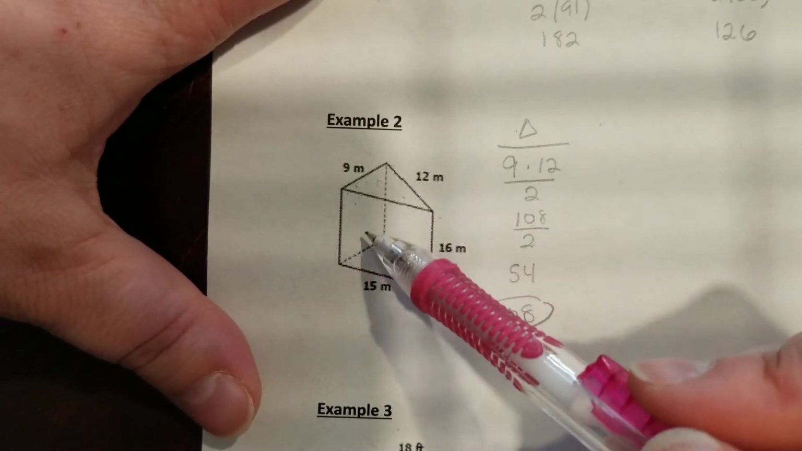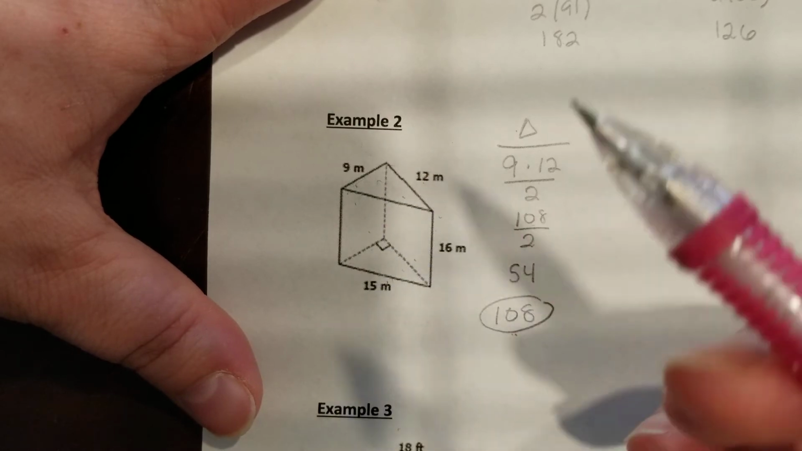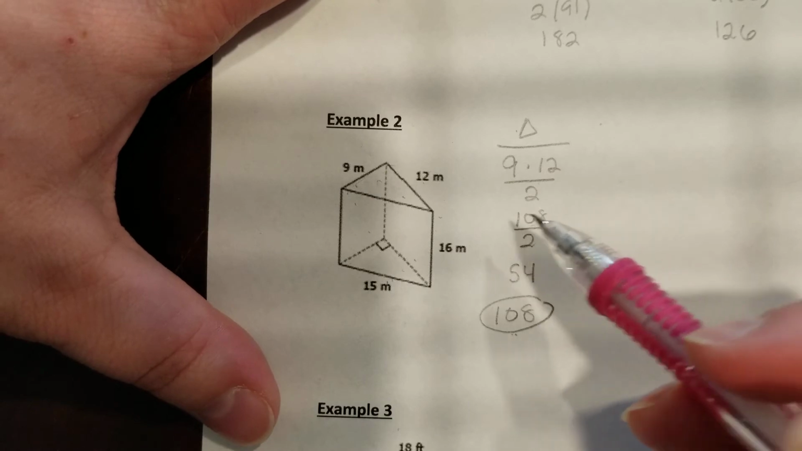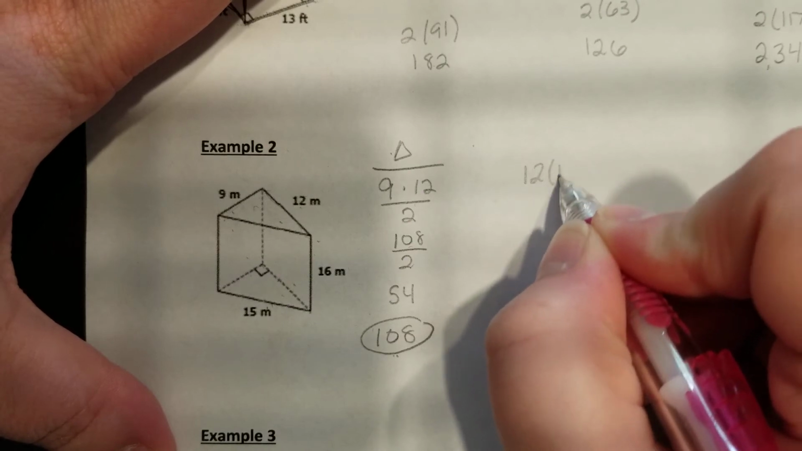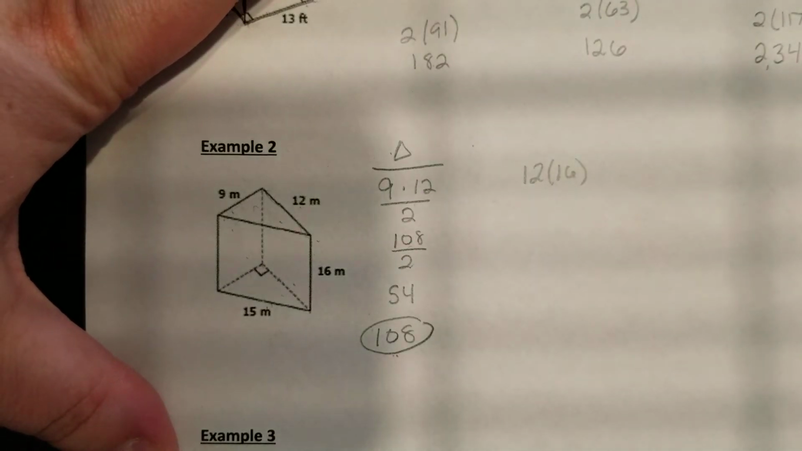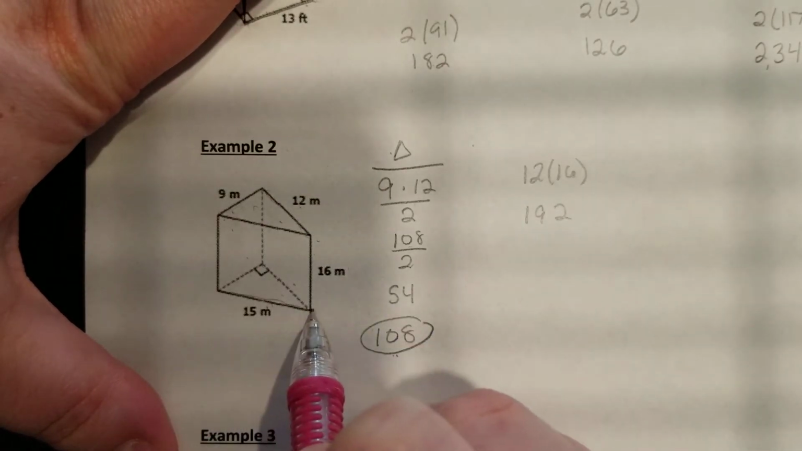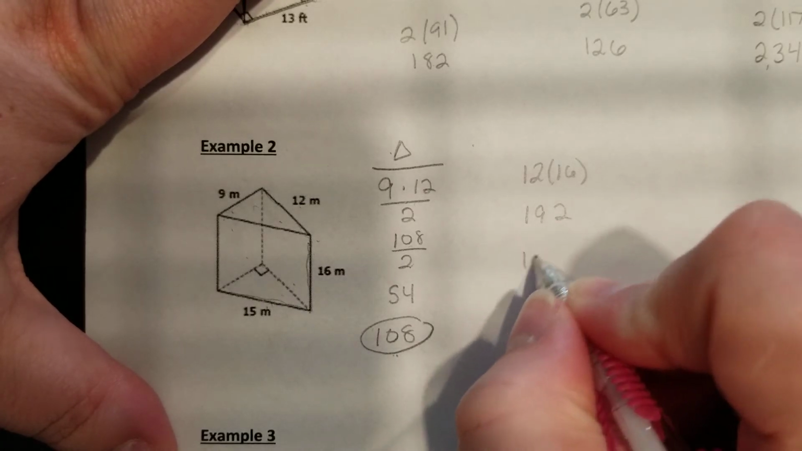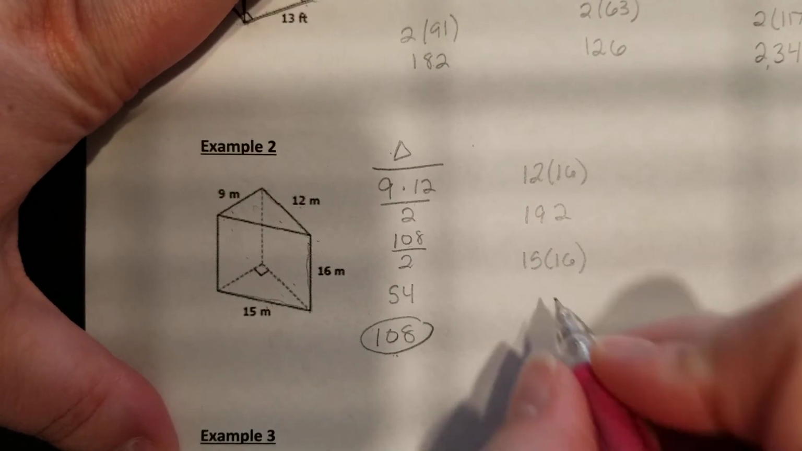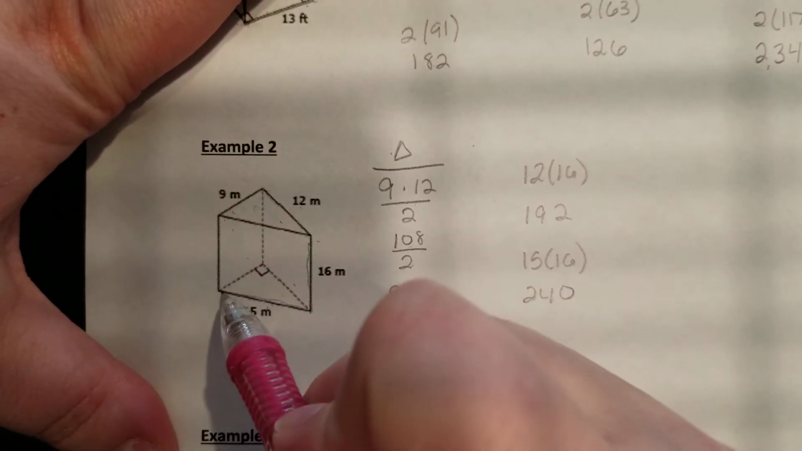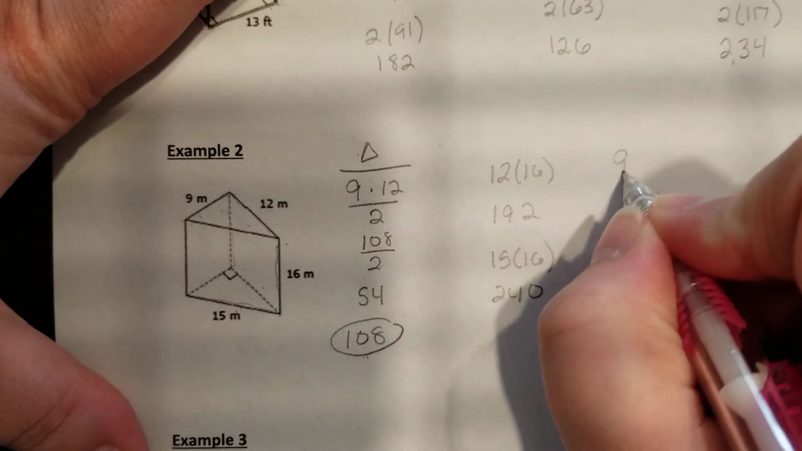Now we have 3 rectangle faces. Because all 3 sides of this triangle are different lengths, we have 3 different sizes of rectangles. The first one we have is 12 times 16, which is 192. Then we have this bottom face here, which is 15 times 16, which is 240. And then we have the smaller one back here, which is 9 and 16. So 9 times 16,